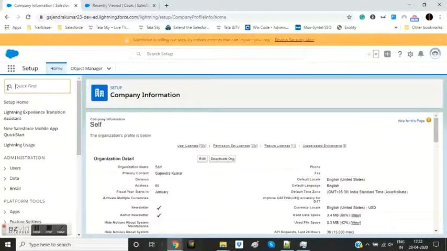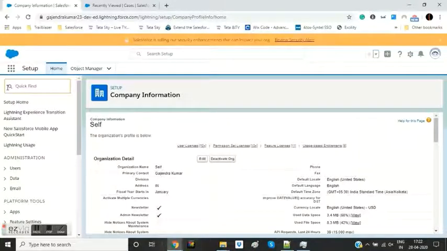Now one more thing we need to see: when we use this code for case creation, we should also know who the case will be assigned to and how the case will be created and tagged in the Salesforce application.